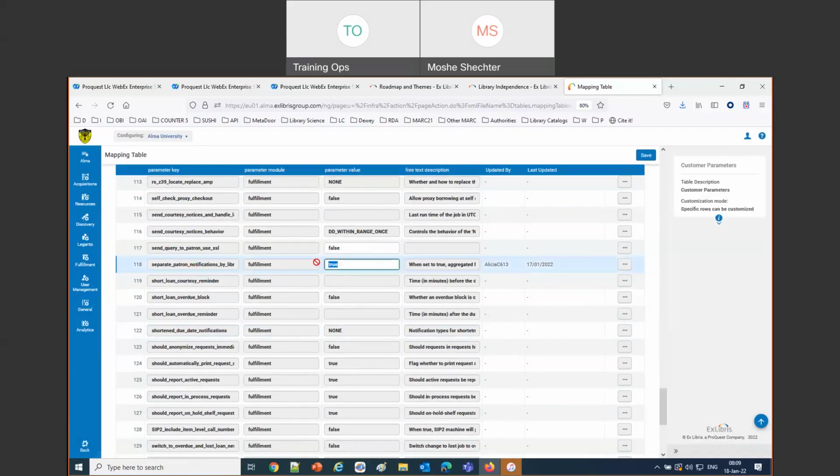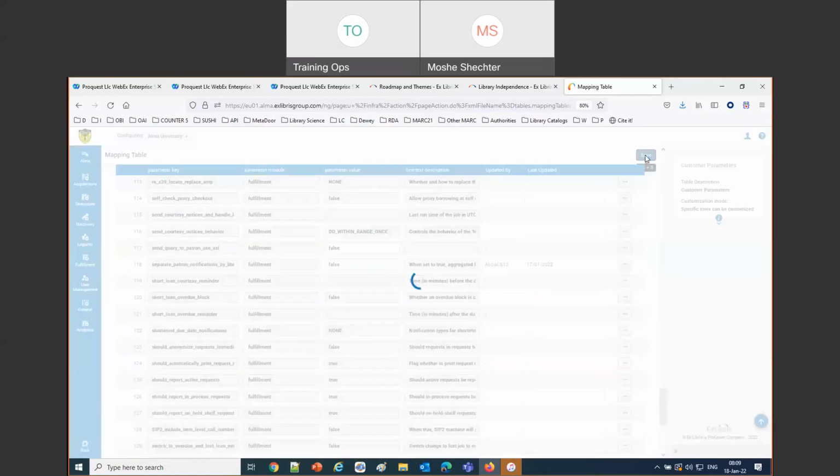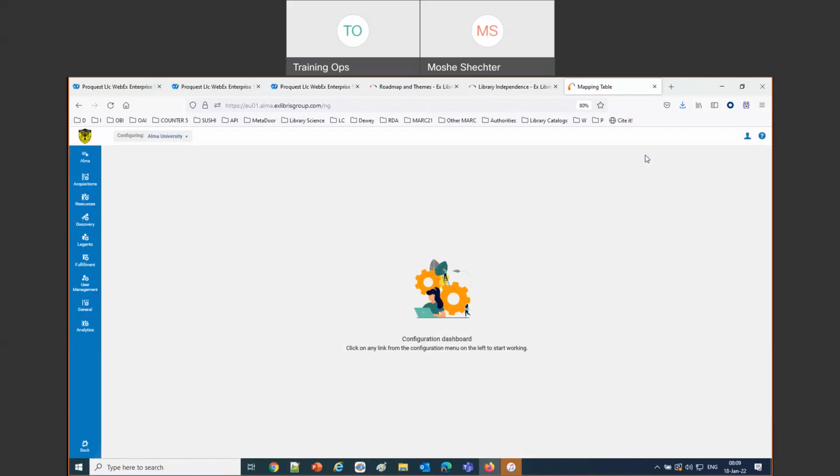I'm going to put it back to false just for a moment, just to show a comparison of what the previous definitions were. How did it behave previously? So we're going to have something to compare.